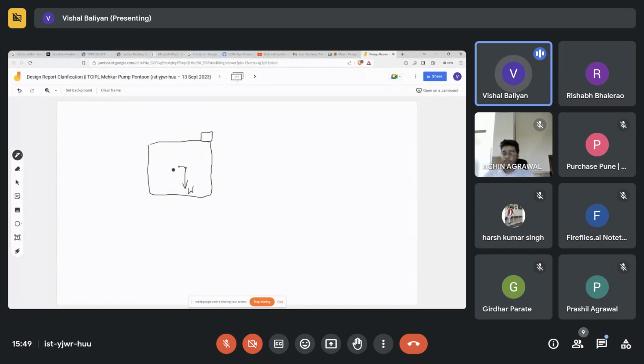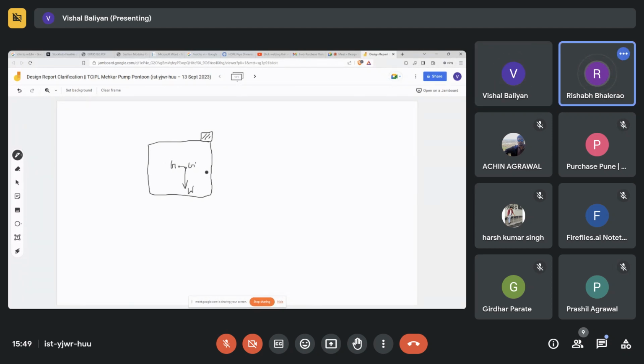So what I'm saying is, let's say we have a pontoon with center of gravity at the center of the geometry, and then we add a weight which is off center. So this will shift our center of gravity to a new point, right? So what will happen is this, and our buoyancy force will act upwards. Right. So what we do is we calculate the perpendicular distance from the line of